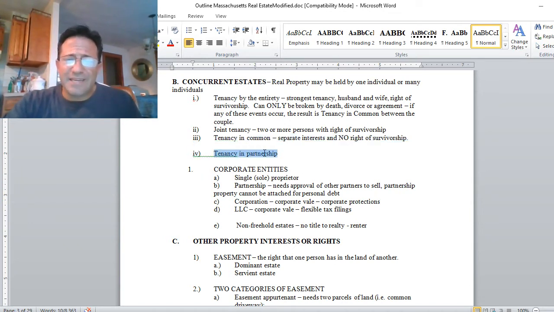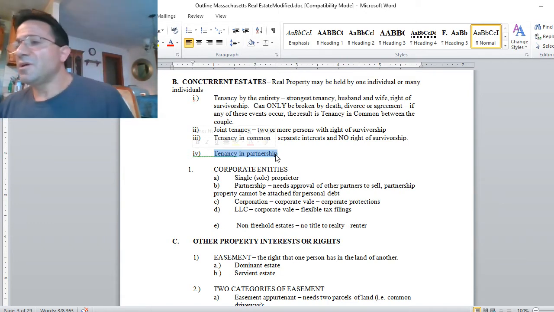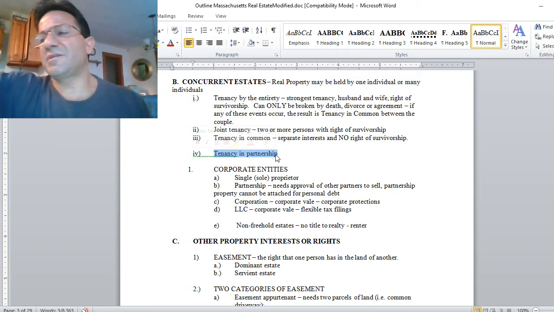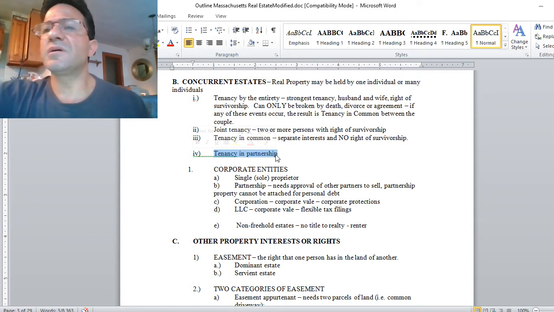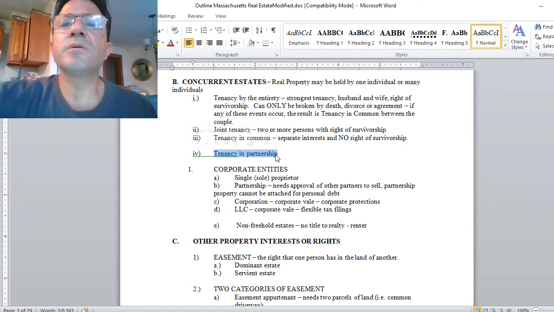Now, there's a new type of tenancy, which I really haven't seen much of in Massachusetts, but it's called a tenancy and partnership. And with a tenancy and partnership, it's kind of a hybrid. It's almost like the two business partners are married in this one. So the thing you want to take out of that section of your book, which is page